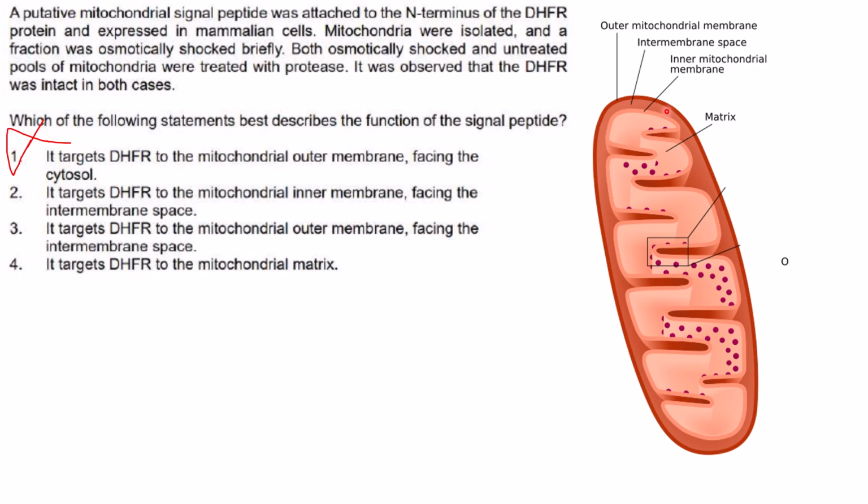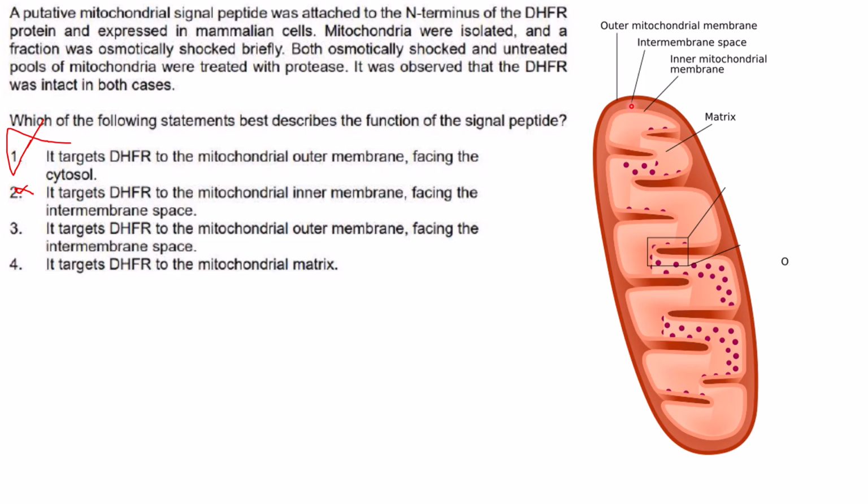It would have taken place in the case of treated mitochondria. But here the DHFR is intact in both the cases, so it is not to the inner membrane that DHFR is localized. Then that also wrong. Then it targets DHFR to the mitochondrial outer membrane facing the intermembrane space. Now if DHFR is embedded in the outer membrane and the domain is facing the intermembrane space,